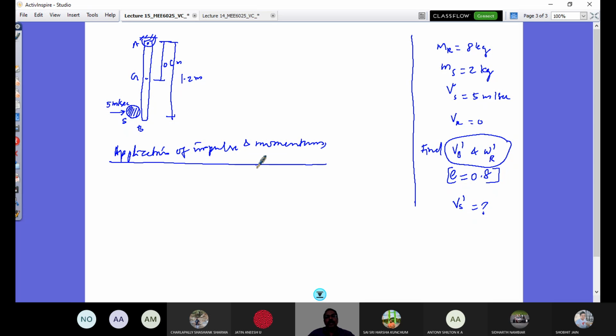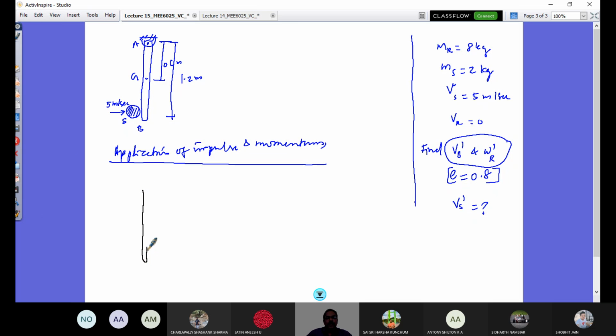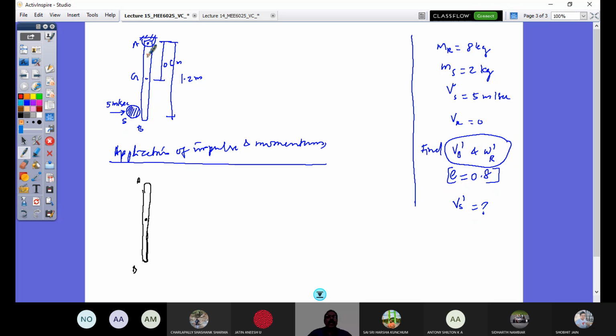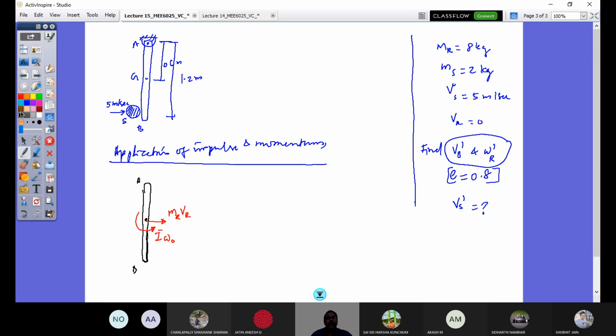So how can we do that? Let's first draw the member of interest, that's this bar. Now this end is A, this end is B. I have to draw this uniform bar, not appearing like that, pardon for that. And this is your CG. So at CG, what is my momentum? Let me consider the spear and the rod as a collective system here. Then I have the linear momentum m_r v_r, that's before collision, and this is going to be I-bar times omega naught. And the spear here,